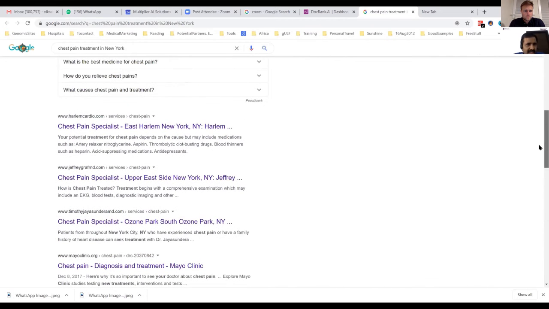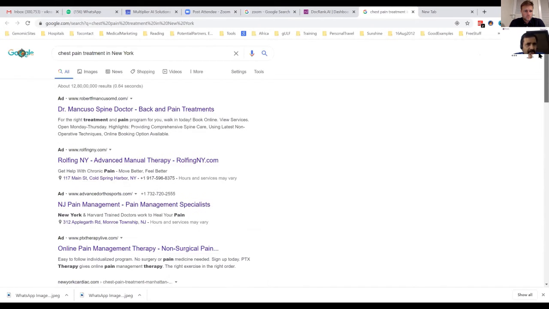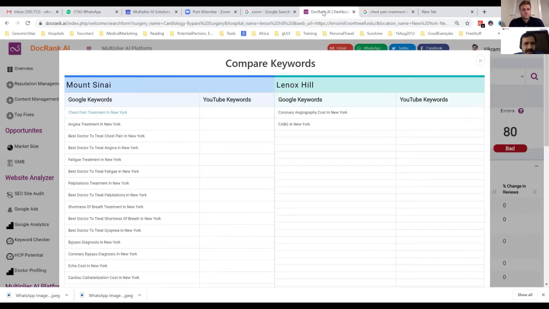And you'll see here that a lot of hospitals are spending ad money on this. The first four are ads that are potentially costing them about $10,000 per specialty a month, just because they've not been able to figure out what keywords they need, or it's too complex.